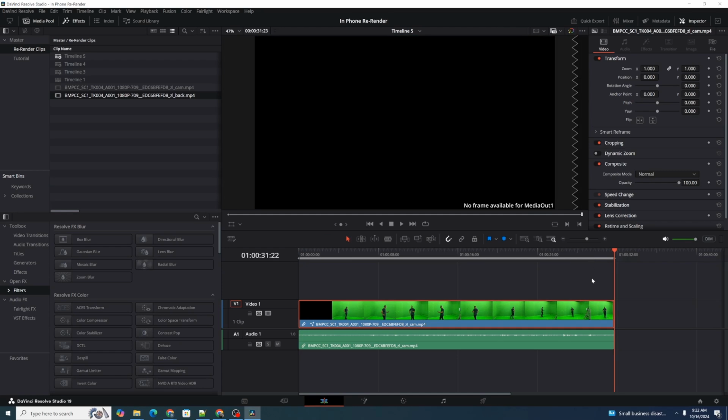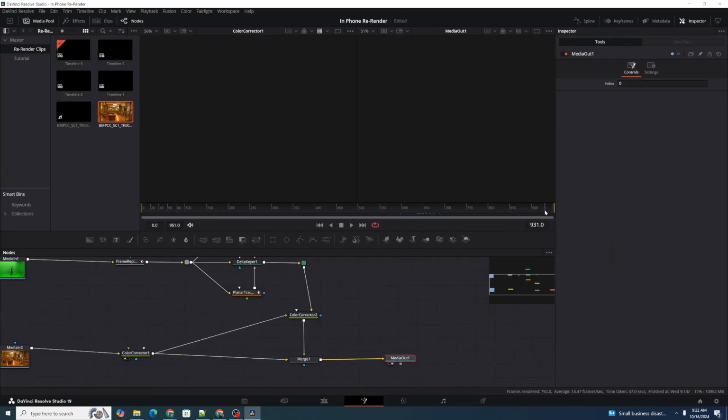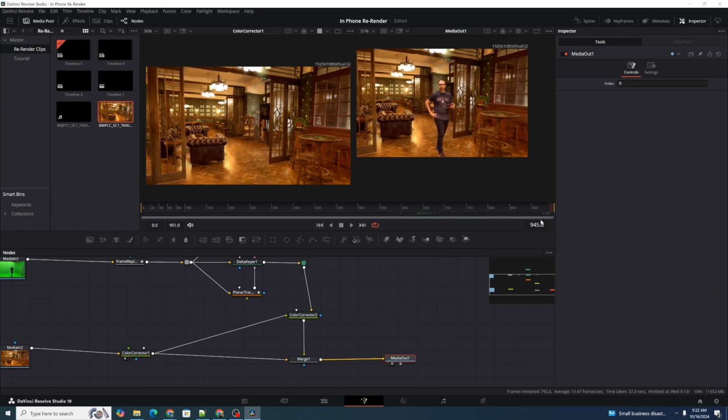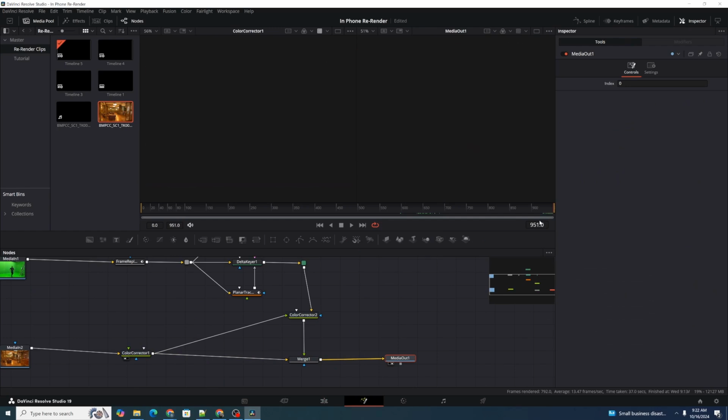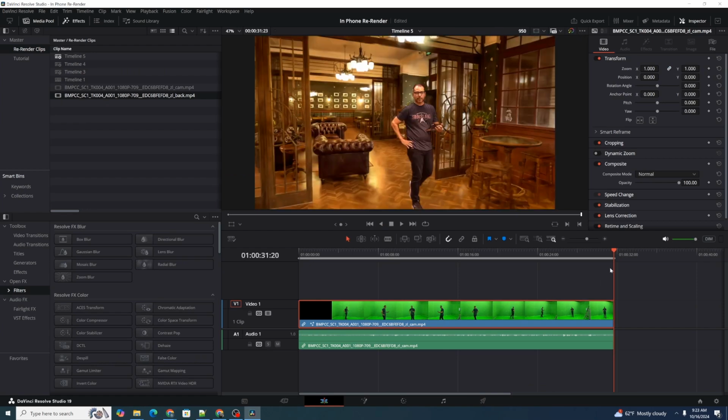set our out frame. Now, one thing we have to watch out for here is when we render out this clip, on the very last frame, we see something that says no frame available for media out 1. So what's going on there is we go out over to here, and media out 1 is this key here. And so in this case, it looks like there is no frame data for the very last frame. And that can actually cause a few problems. Usually you're using this clip for editing, so we can just trim 1 frame off the back end. That's fine. So we can actually come back 1 and hit O, and that sets our output to a frame